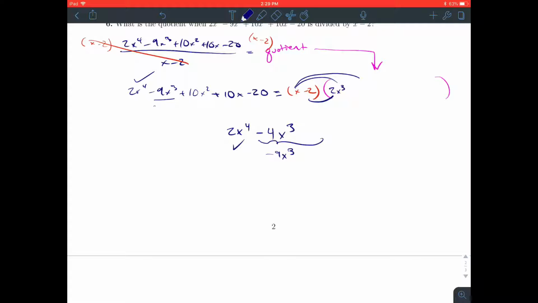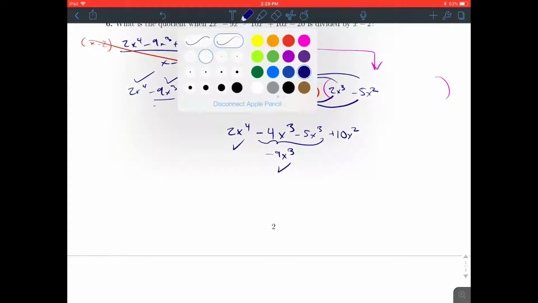It looks like x times negative 5x squared. Nope, sorry, I had to write negative 5x squared, which will give us negative 5x cubed, which totals negative 9x cubed. Negative 2 times negative 5x squared is going to be positive 10x squared, which, oh gosh, this is the weird